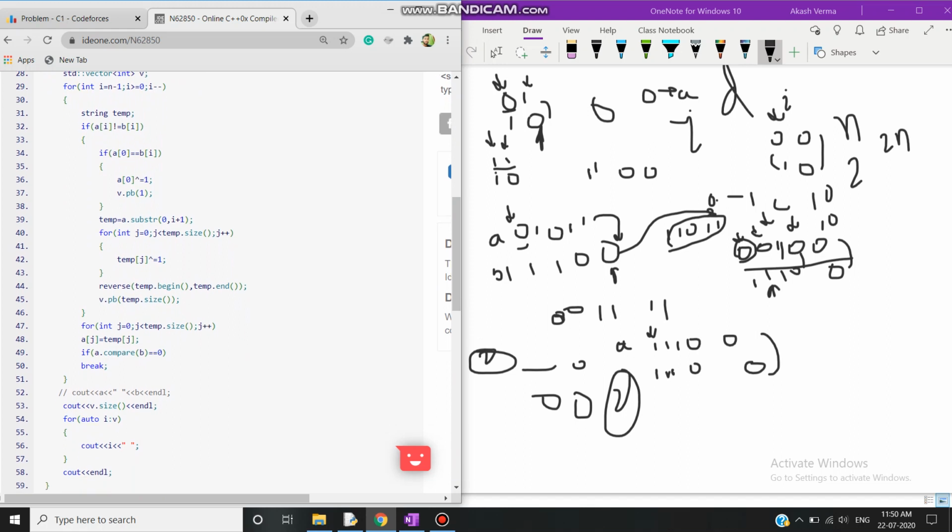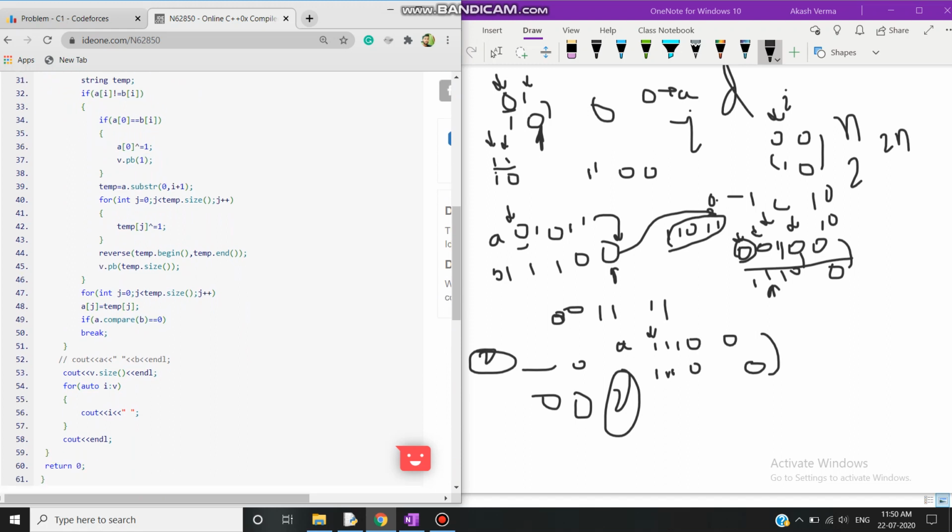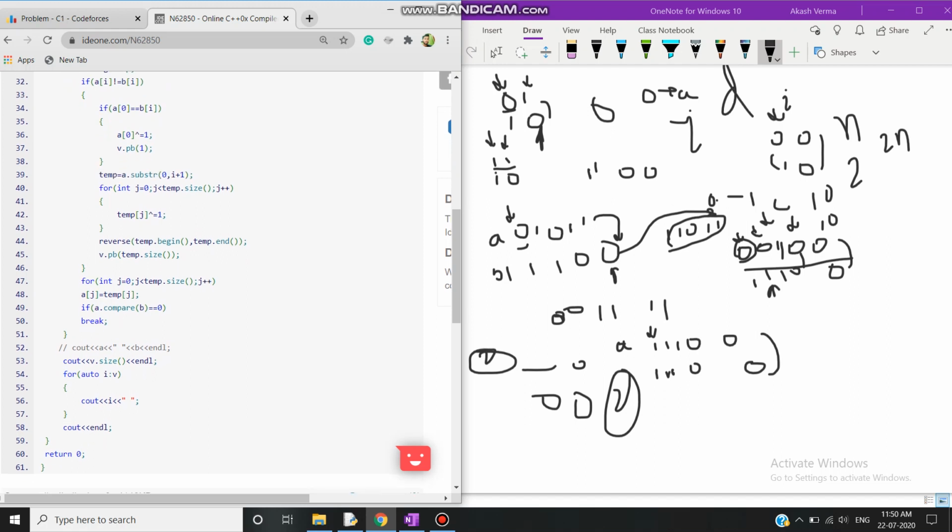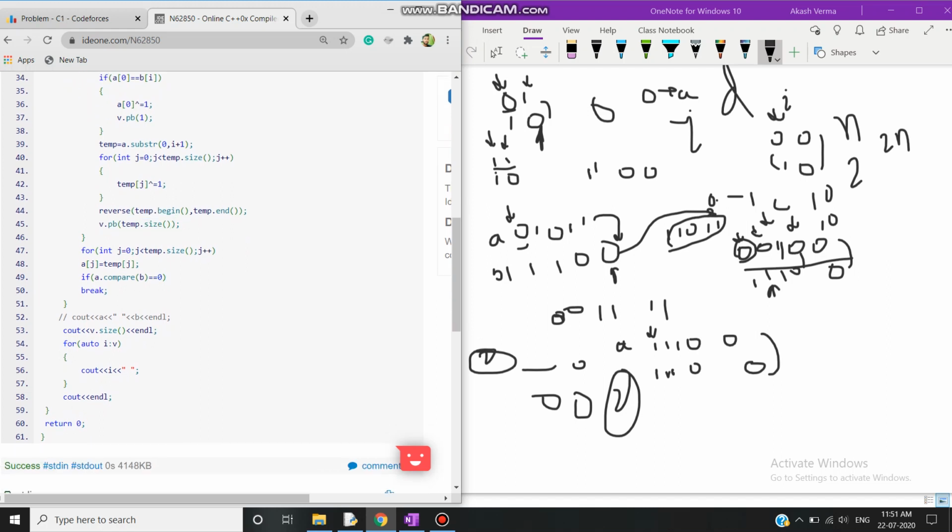You have taken a prefix of length 1, so push it in our vector. Otherwise, take a substring of the prefix in the temporary string, flip all the bits of this temporary string, reverse it, and push the size of this string in our vector.